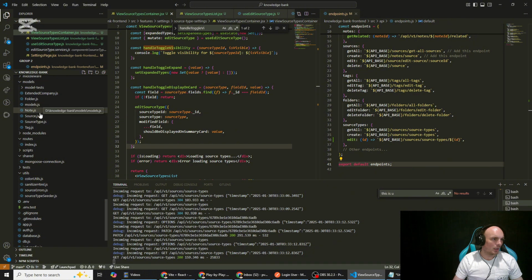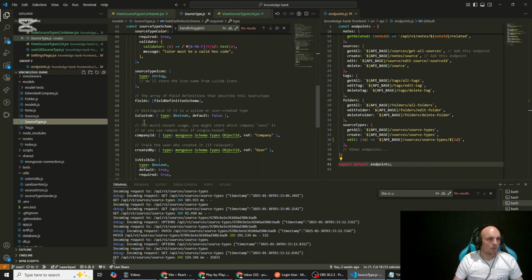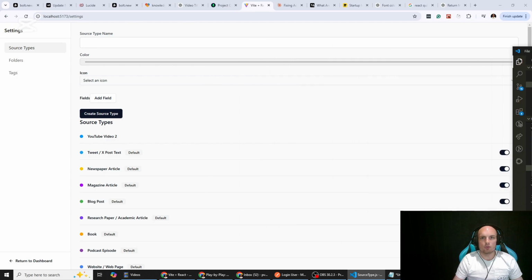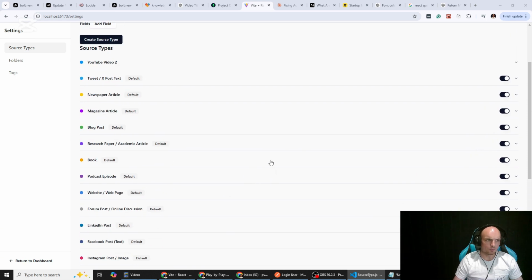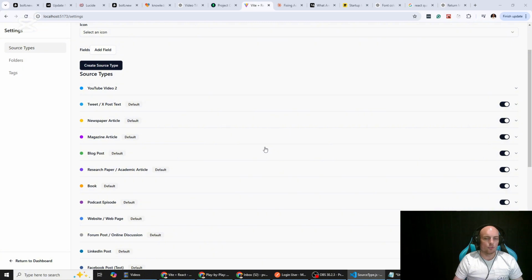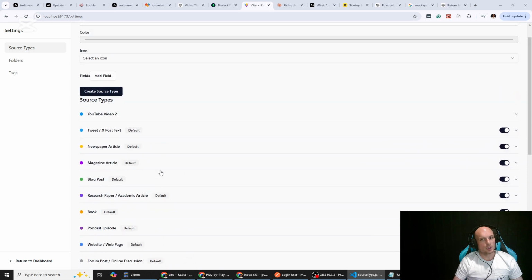In our source type model, we have is custom to determine if it's a system created or user created type. And what we want to allow them to do is delete their own ones, but not delete system created types. So to do that, we are going to